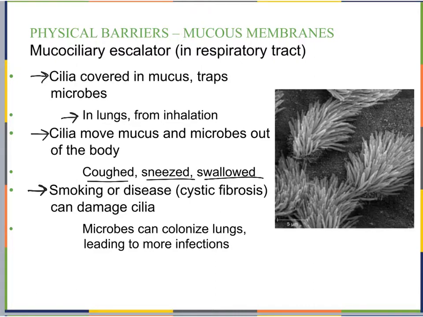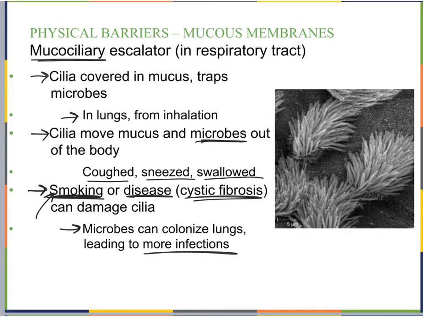Now, this is a very important system for helping us to stay healthy because it's constantly getting anything out of the body, right? So it can be microbes, but also other debris and things that we breathe in every day. When somebody smokes or has a disease like cystic fibrosis, this can actually damage the cilia. So when the cilia are damaged, then we don't have this mucociliary escalator happening, and therefore we don't have the ability to trap the microbes in the mucus and move them out of the body. So when this happens, microbes can easily colonize in the lungs, and this can lead to a lot more infections. So for example, smoking